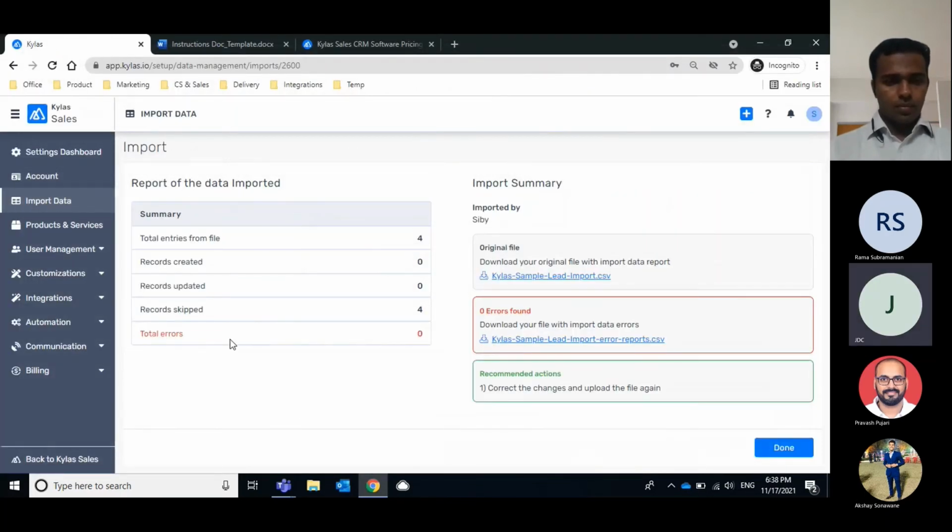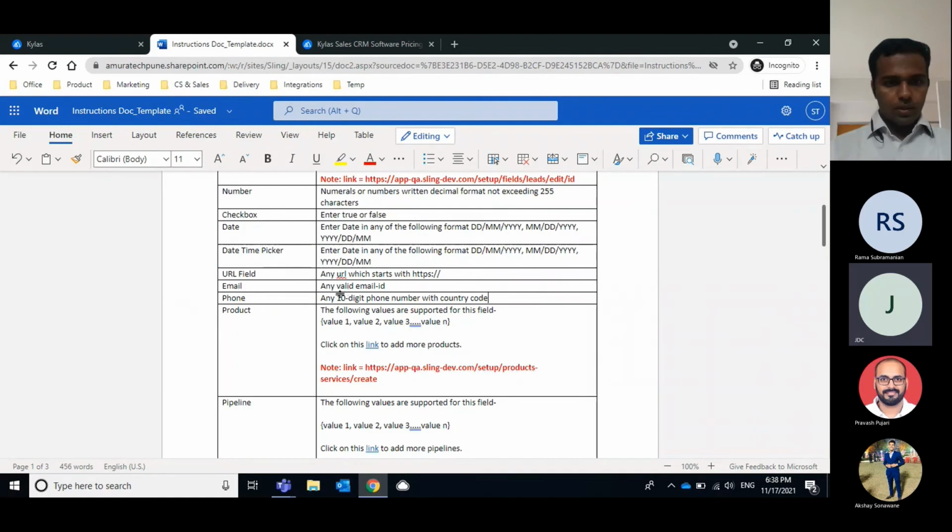All right. So somewhere you mentioned that for phone number there is a condition of 10 digits plus country code. But in some cases, if I talk about other countries, I guess there would be a country code obviously, but there won't be a 10-digit phone number. It might be 9-digit, 11-digit, or more than that.